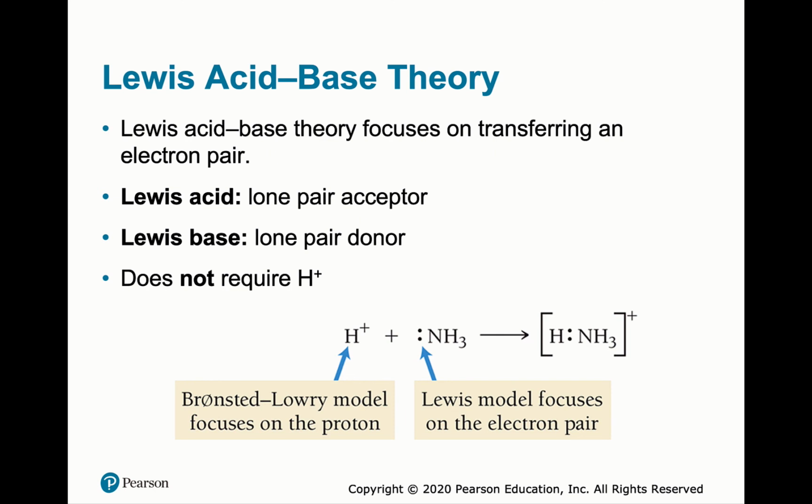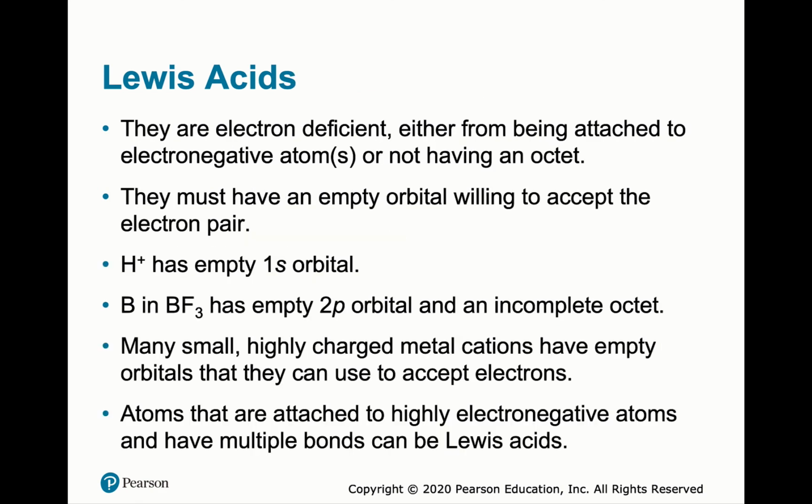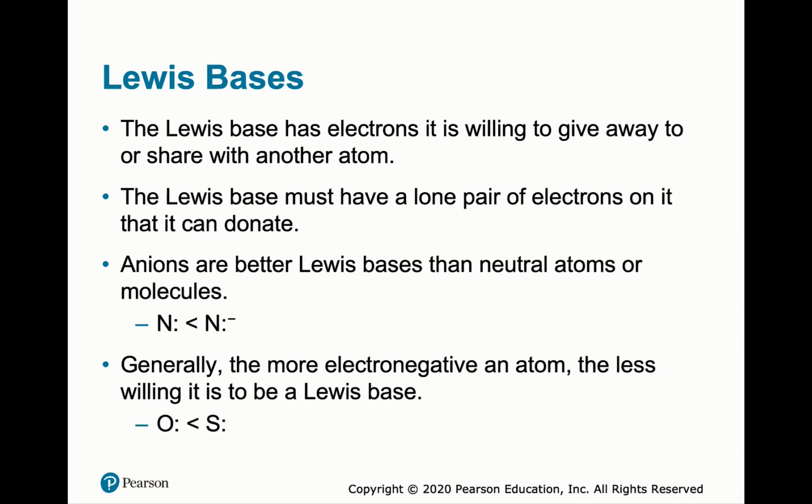So I mentioned before, Lewis acids and bases. A Lewis acid accepts electrons. A Lewis base donates electrons. These types of reactions do not require hydrogen to describe. So it has to do with electron deficiency. The acids are electron deficient, and the bases are electron rich. That is one way you can look at acid-base chemistry, is where the electrons go. And this is the best way to describe it, actually, is where electrons are flowing.